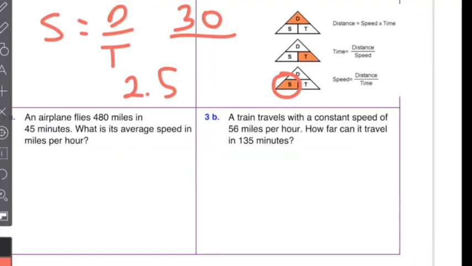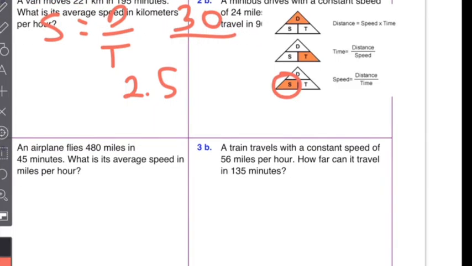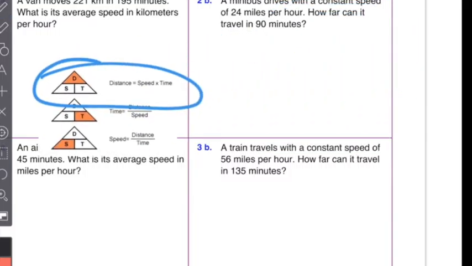All right, let's try 3B real quick. So a train travels a constant speed of 56 miles per hour. How far can it travel in 135 minutes? So how far means distance. So we're looking at our triangle up there. Let me just pull it down just in case you can't see it. So we're looking at the distance. So it's distance equals speed times time. So the speed is 56 miles per hour times